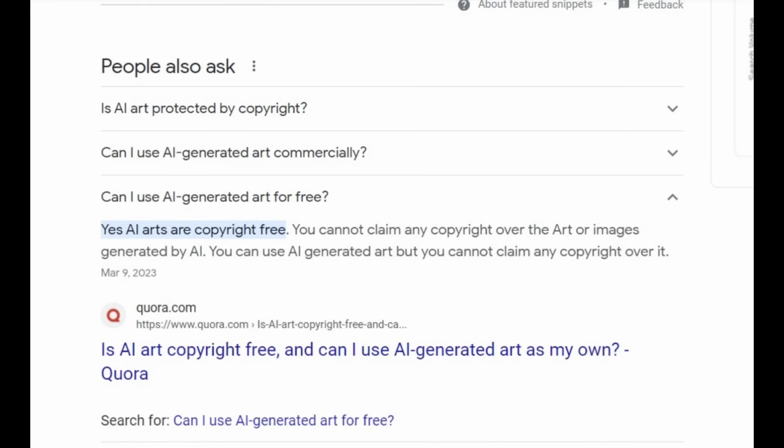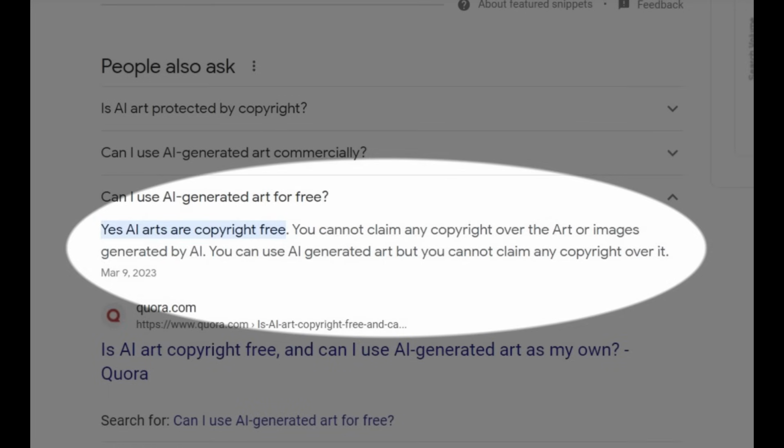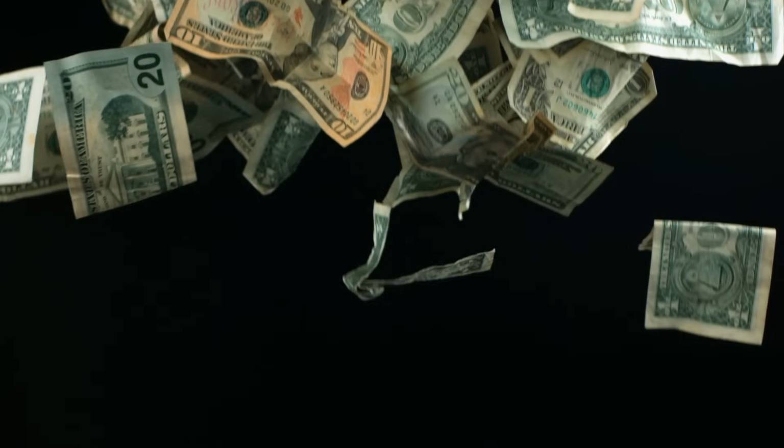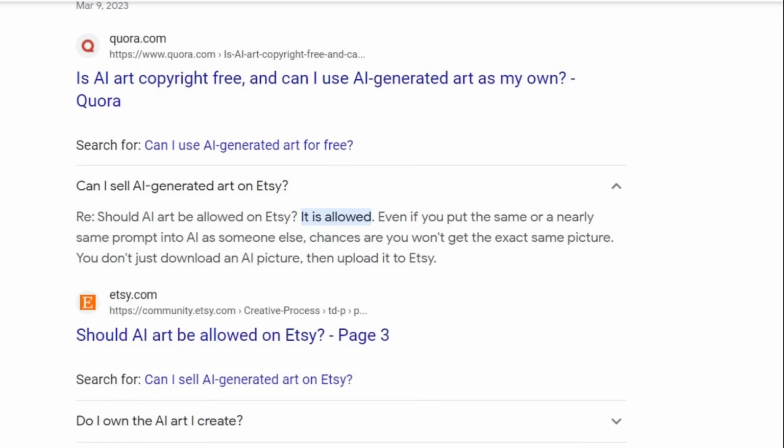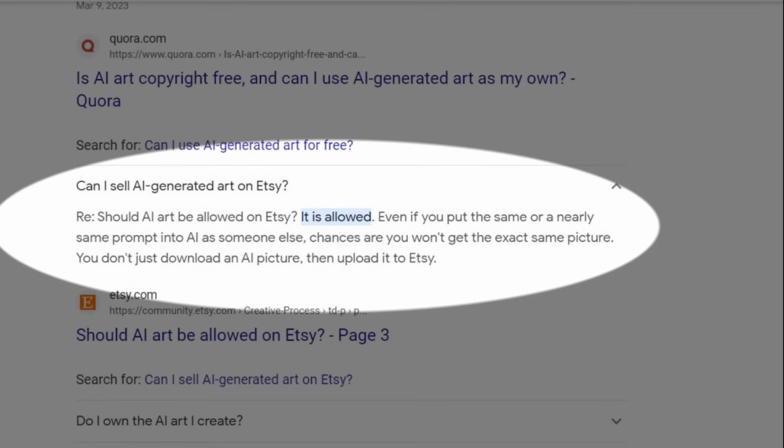When I did a Google search on copyright, it turns out that AI art is copyright free, meaning you cannot claim copyright over anything. So does that mean that you can use it and sell it? Currently, Etsy is allowing any type of AI generated art, which is what brought me down this rabbit hole to begin with,